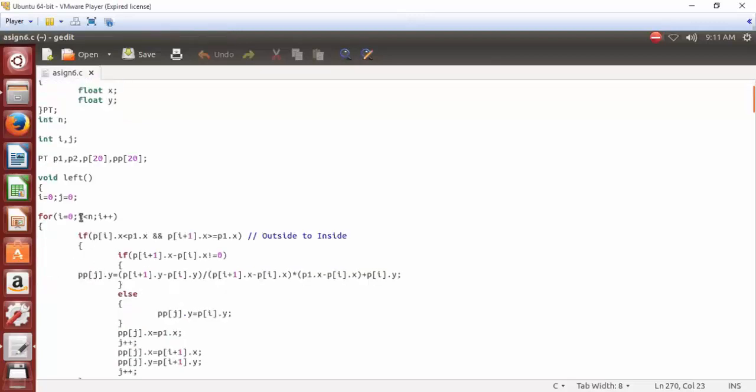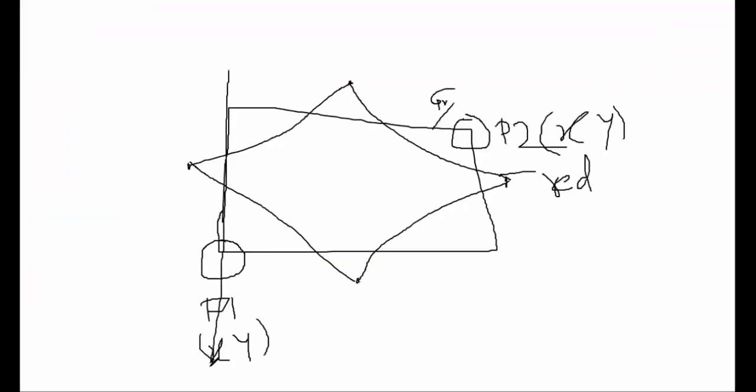In the left function, we have initialized two variables, I0 and J0, for use in this for loop. This whole part is going to act as your left clipper, right? This part is going to be clipped.